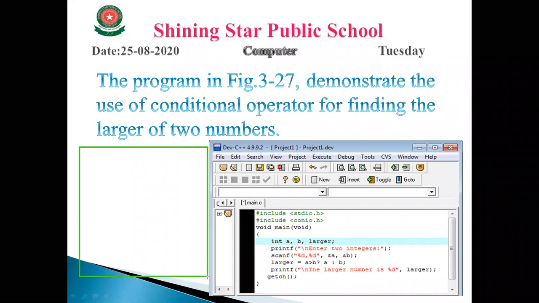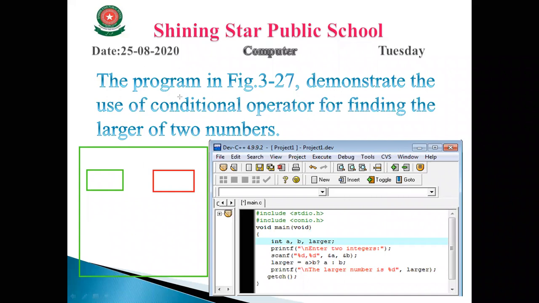Let's suppose this box is your name, and this is the variable box X. It denotes the variable X. Okay, Y, A and B, sorry, A and B, and this is larger.